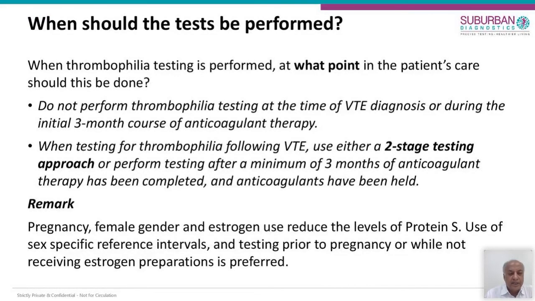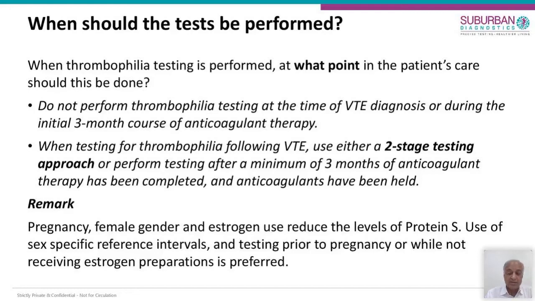So again, to make a point that when should the test be performed, which is again at the end of the day very, very important. Do not perform the thrombophilia testing at the time of VTE diagnosis or during the initial 3-month course of anticoagulation therapy. So I have labored hard on this point, and therefore I need not repeat that. So it is very obvious. Why 3 months? 3 months is in the context of the oral anticoagulants, which are conventional, like vitamin K antagonists, warfarin and others, because of this problem that